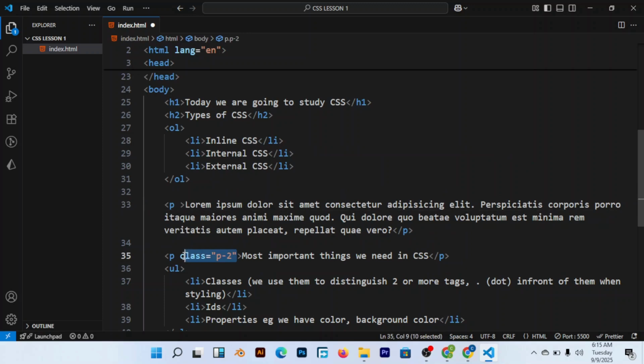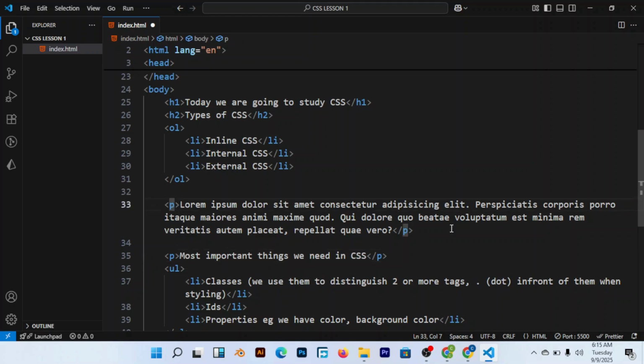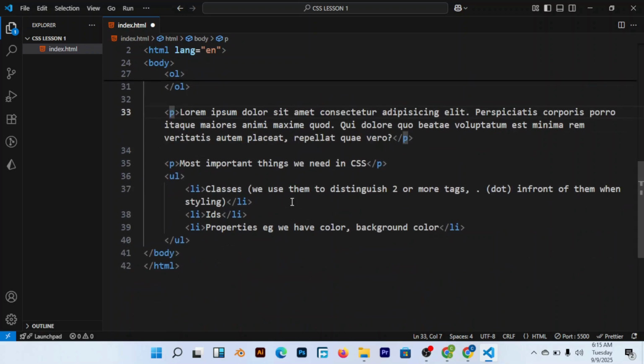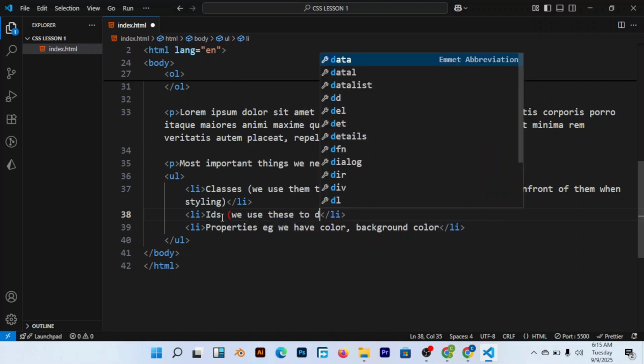How can I distinguish these two also? We also have what they call an ID. You're seeing it? I can also distinguish them using an ID. Here, you're seeing it? An ID. IDs are used to distinguish